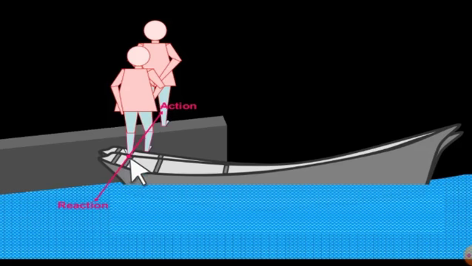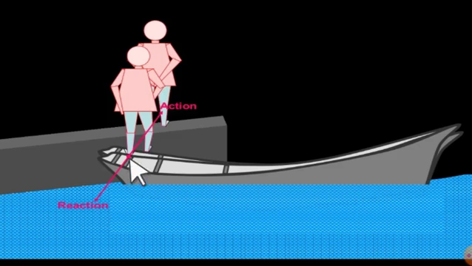The force with which you jump, you have to push backward first, like this, so as to move forward, right? So this will be the action. The force with which you push just to jump forward, that is the action. And the reaction you are getting from the boat onto yourself, to make yourself jump forward, that is nothing but the reaction, okay? But we can also take it the other way: that one can also be a reaction.